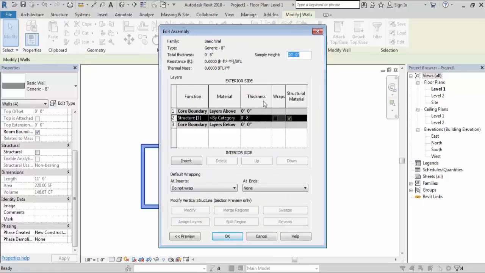You can see this is the core boundary and the thickness is 0 inches, and the structure thickness is 8 inches and its color is black, and there is no material for this, meaning I haven't assigned any material for this generic wall.